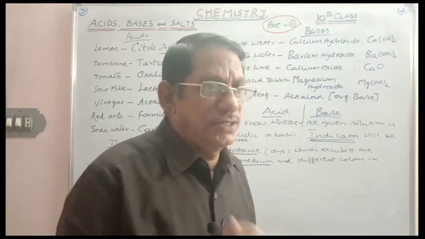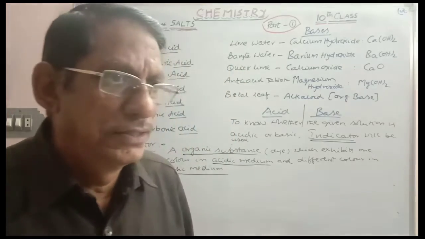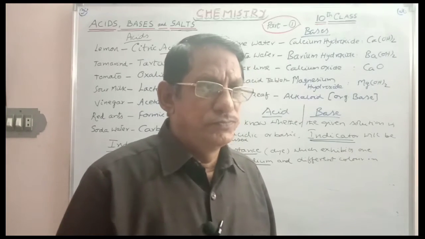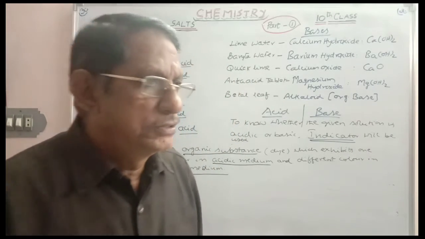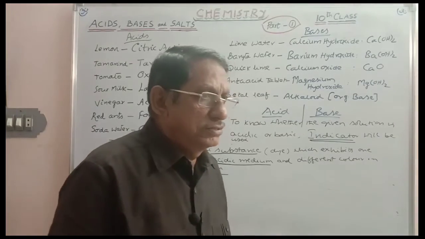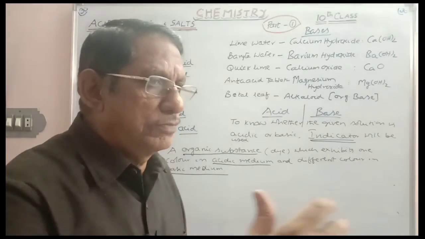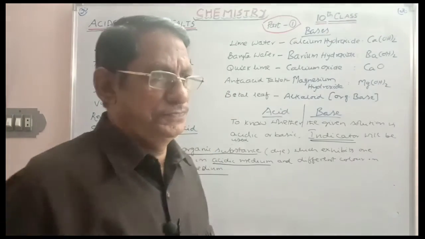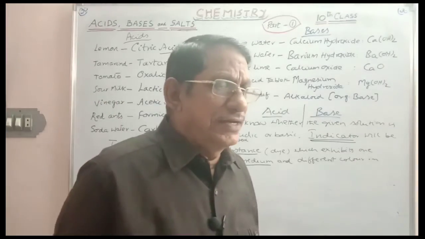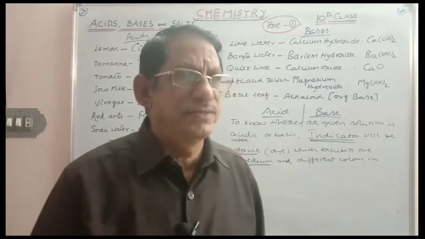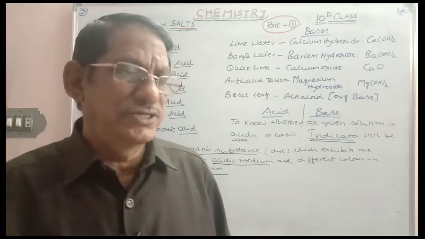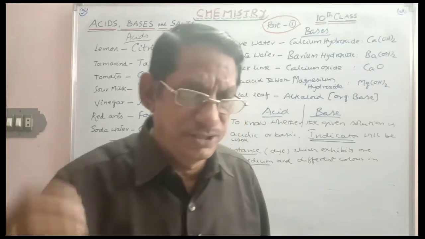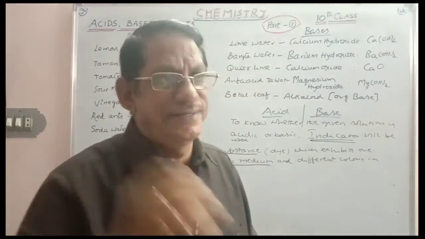And here some indicators are naturally occurring in plants, their flowers, their leaves, their roots. Like that, we will be having these indicators in the several parts of the plants in nature, and so those are called natural indicators. Some of the familiar indicators like methyl orange, phenolphthalein, methyl blue, Congo red can be prepared in the laboratory, and so those are synthetic indicators.